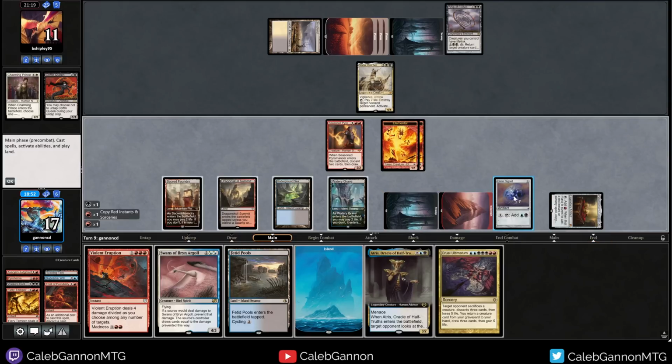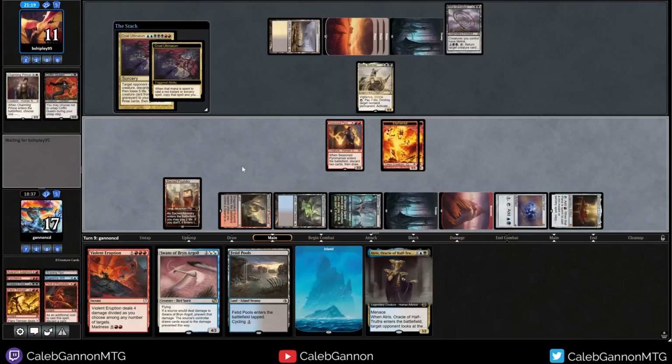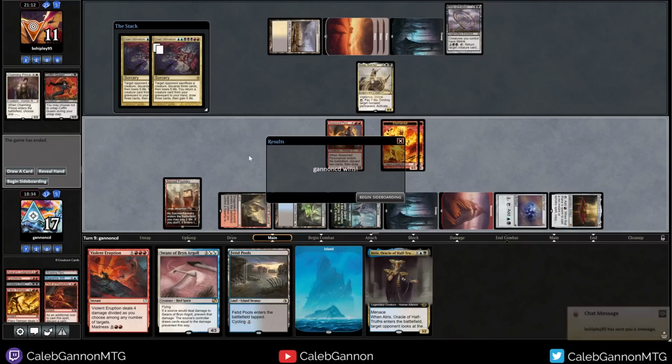Let's live the dream here. Black will give us blue. I need more black. I need a blue. Black. Ultimatum. Them. Yes, we did it! Oh, it's such a game-breaking card. Same targets. So their hand is gone. They actually just die here, but